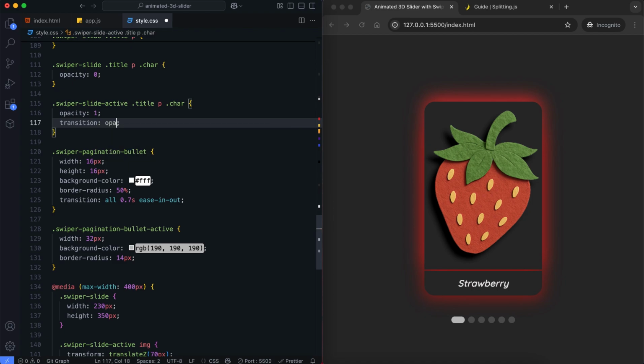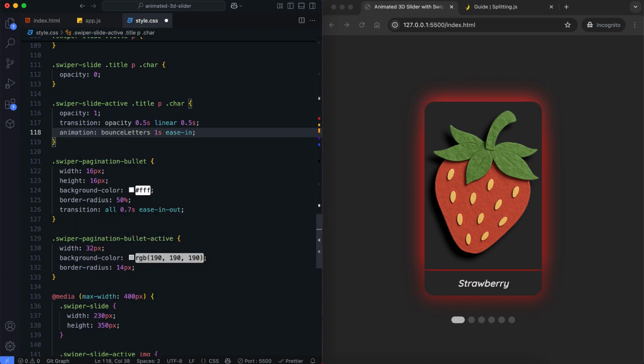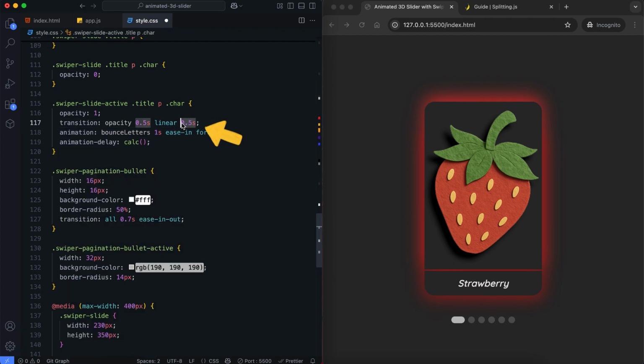When a slide becomes active, the letters appear one by one with a bounce effect. The animation will be smoother if the animation delay is equal to the transition delay.